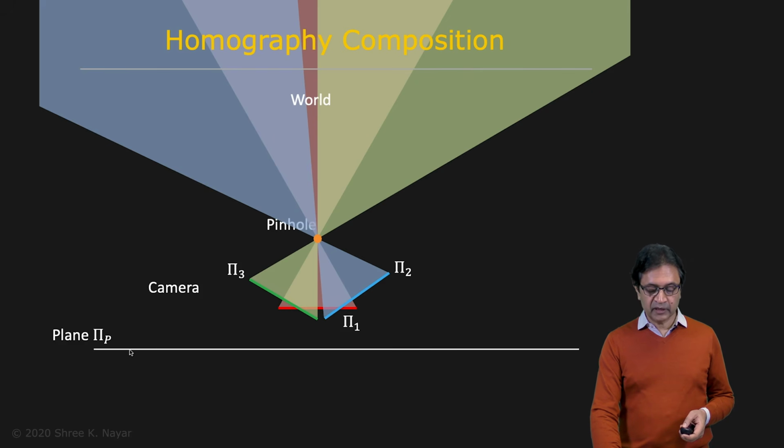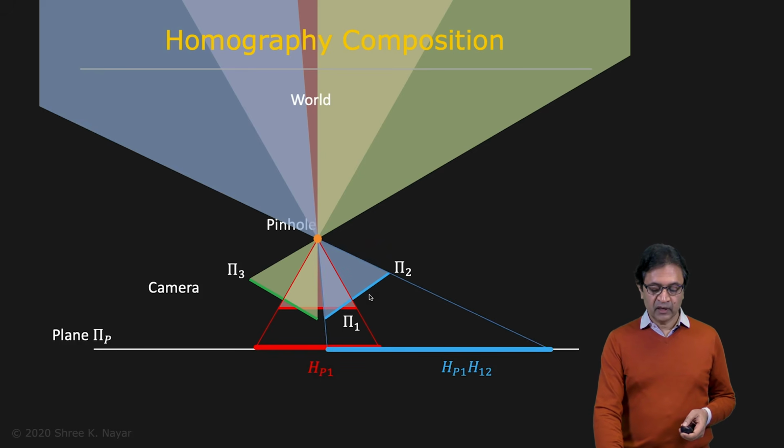Now, let's define another plane right here, which is plane P. And we know that there is a homography that relates plane 1 to plane P, as they share the same center of projection. So you can map your image on plane 1 to plane P using a homography, which is H1P. I'm going the other way again, from 1 to P. And you can take your second image now, which lies on plane 2, and map it to the same plane. You can see it as mapping plane 2 to plane 1, which is H21, and then you're multiplying that with H1P.